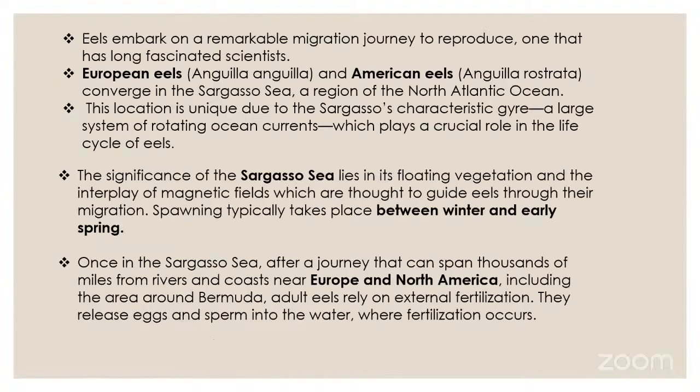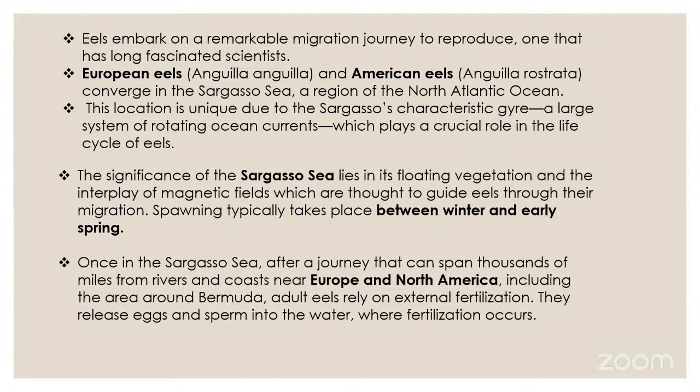And next, eels embark on a remarkable migration journey to reproduce, one that has long fascinated scientists. One is European eels, Anguilla anguilla, and American eels, Anguilla rostrata. They converge in the Sargasso Sea, a region of the North Atlantic Ocean. This location is unique due to the Sargasso's characteristic gyre. So it has a large system of rotating ocean currents, which plays a crucial role in the life cycle of